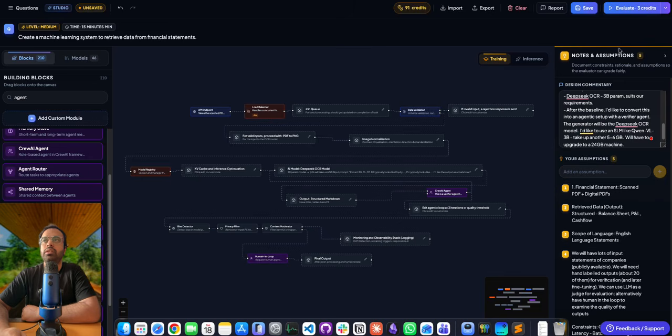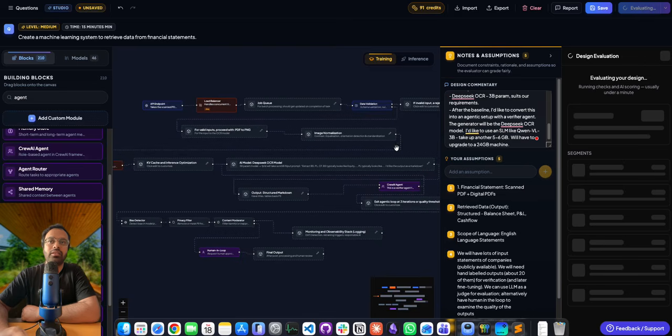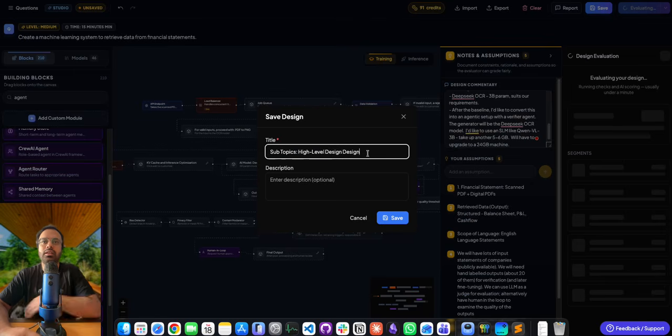I can reevaluate this. It might give me a higher or lower score. Most likely it'll give me a lower score because the moment you add an agentic pipeline, there are so many other things that need to be considered. So there might be a few other missing elements in here. So I'm not very confident it's going to give me a higher score. But all the same, what you can do is you can save this in here as version 1